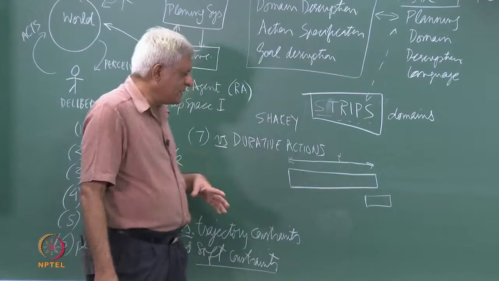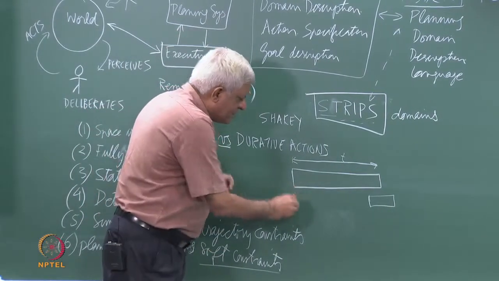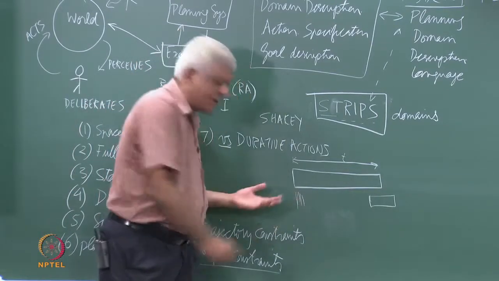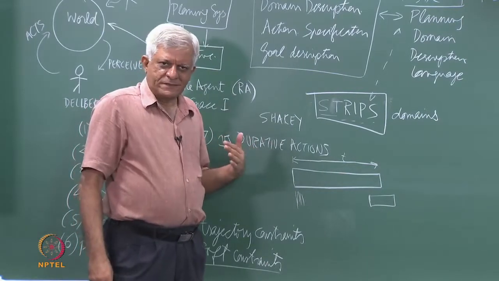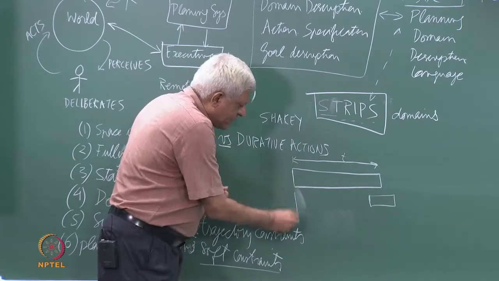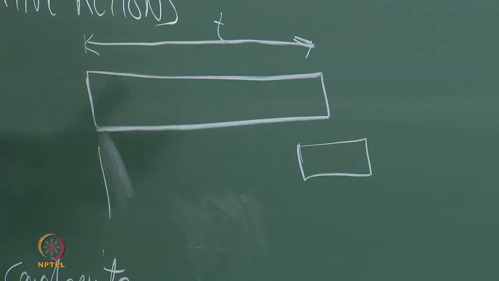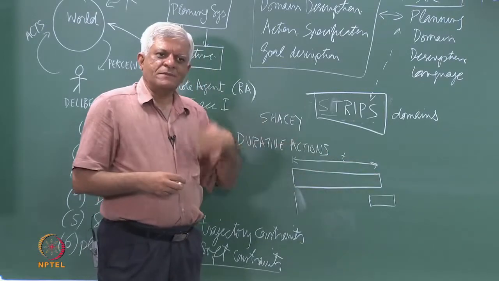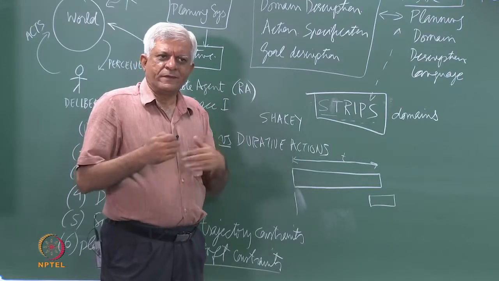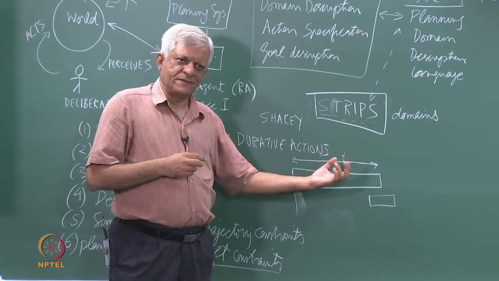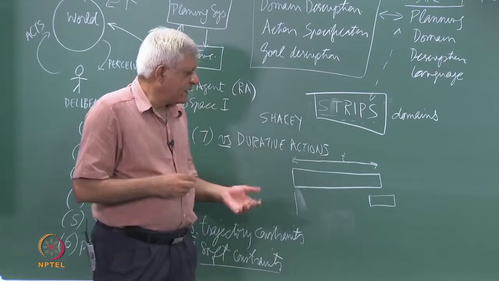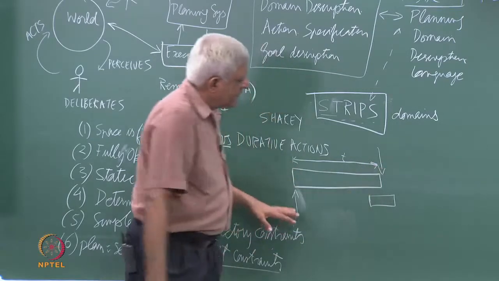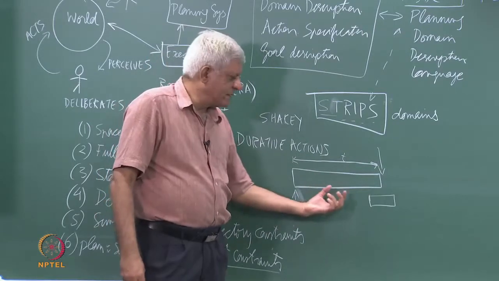Now, the trouble with this is, unfortunately we are not going to go into details here, but when you are dealing with durative actions, you cannot talk about time going in seconds or something like that. That would become simply unmanageable. So, you do not do that. What you do is you say, okay, can I do anything at this time point when I am starting this action? Maybe I can start another action. Can I do something when this action is ending? So, time jumps from the beginning of an action to the end of an action, and then you plan to do something there. Now, the whole problem with this is that you cannot reason about it here, you cannot reason about it here, you have to reason about it in such a way that this comes into here.